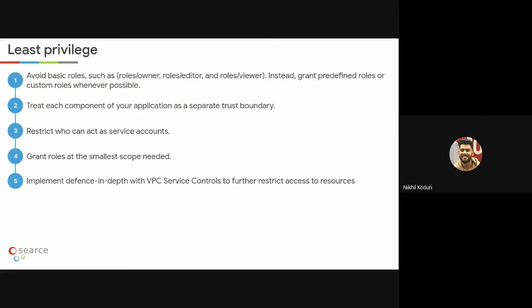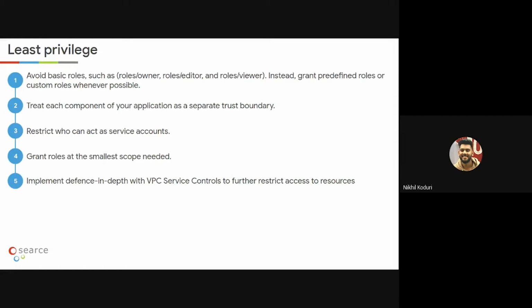So let's say you have different teams. One is working on application A and one is working on application B. The application A monitoring team or DevOps team do not need any access to the application B resources, the VMs where application B is deployed. So we have to treat each component with a limited amount of access. Each application you deploy, let's say you have deployed a certain amount of applications in the Kubernetes cluster, these applications do not need access to all the resources deployed in Kubernetes, or all the resources in GCP.